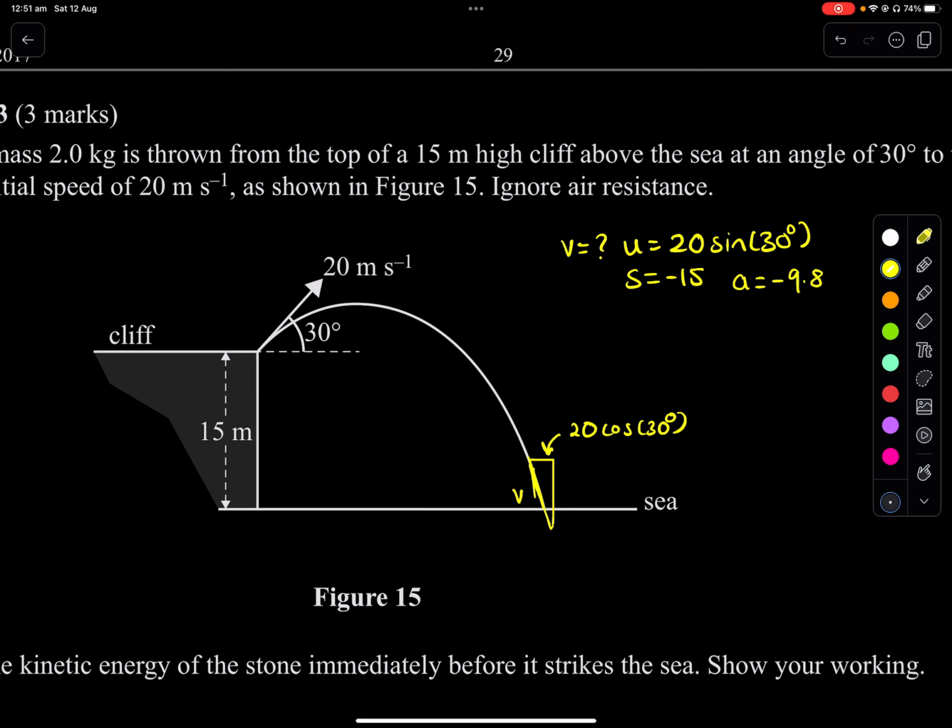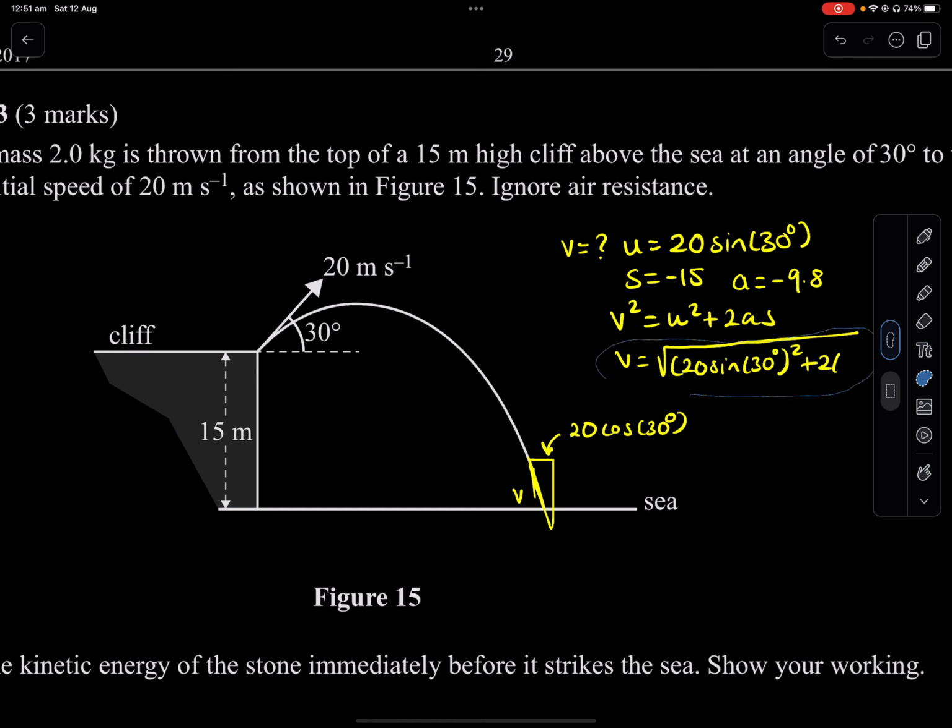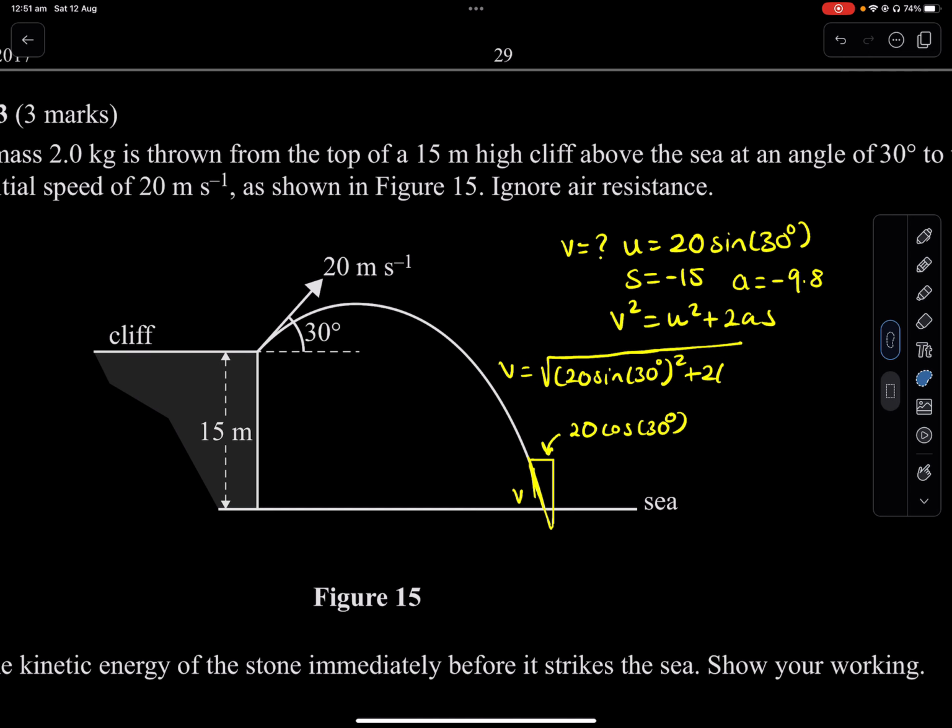So using your SUVAT, it's v squared equals u squared plus 2as. So your v is 20 sine 30 degrees squared plus 2, times negative 9.8,